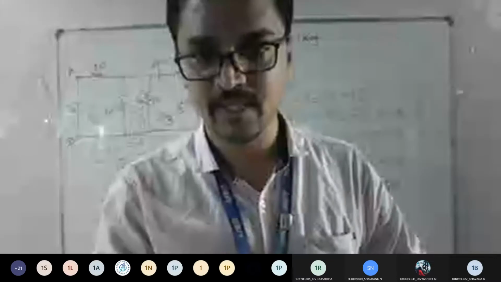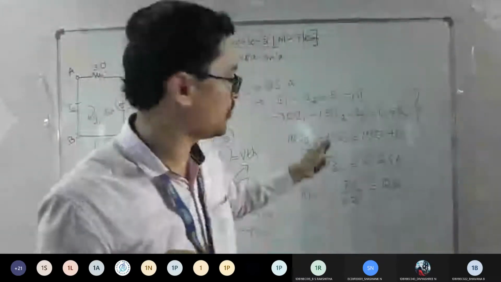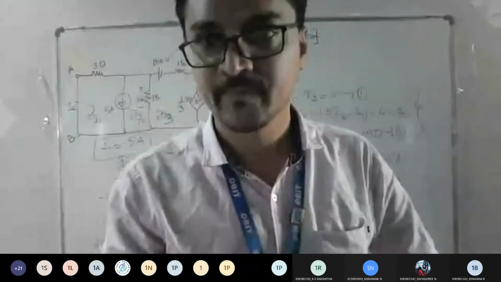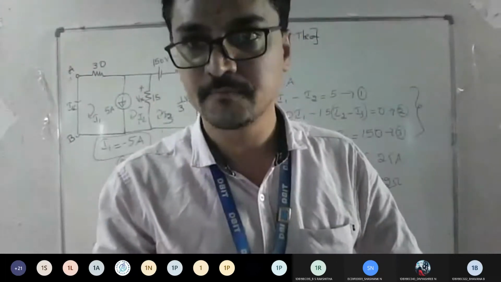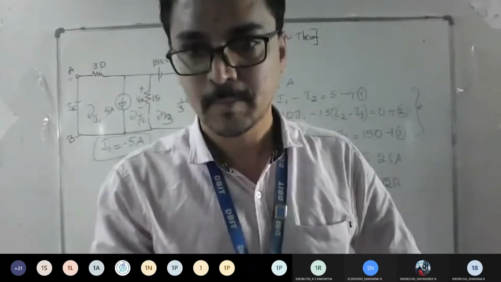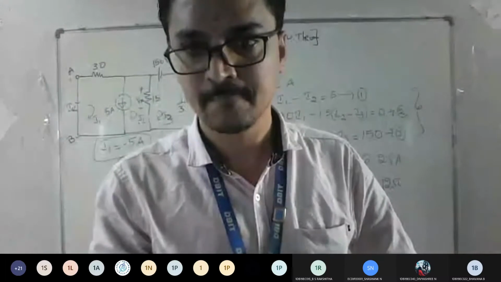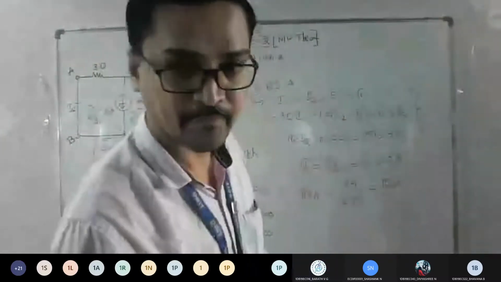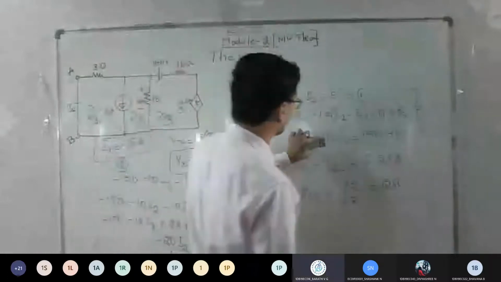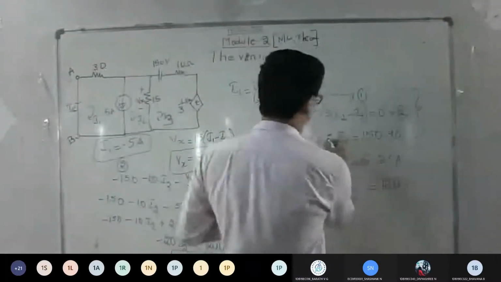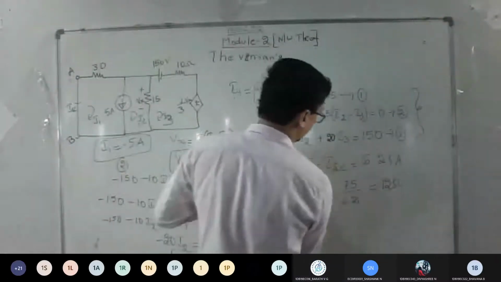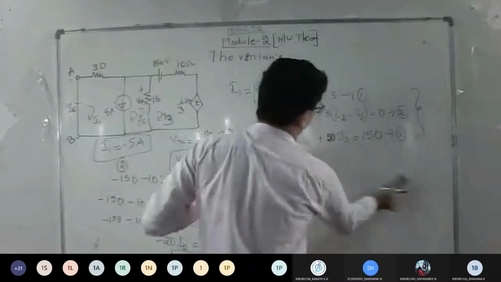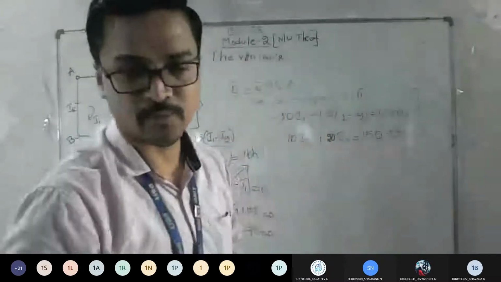I think equation number 3, you won't get 10i3, it's on the board only. I think it's 20. Just check here once. Yes, sir, I think it's 20i3. So you just make the connections here and then you will get this answer. So I think you will get I1 as -2.